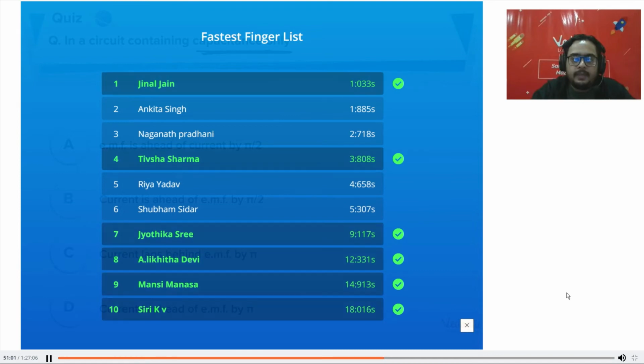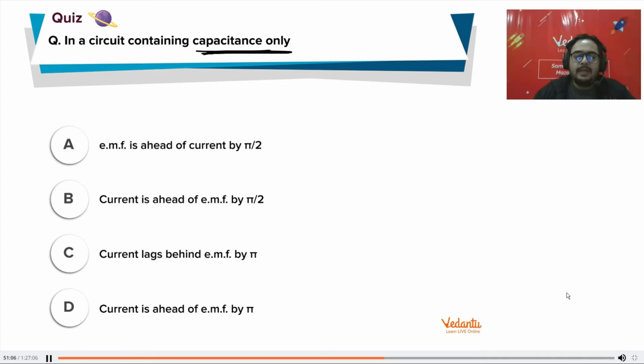Okay, Sherdil, then Keshav, Kishan, Sarvesh, Jyoti, Harshul, Aditya, Asta, and Lakshya are correct, 73%. So obviously it is a capacitive circuit, so current leads the EMF by pi by 2. Any doubts in this? Yes, there is an LCR circuit, Ananya. We'll study about that. The chapter is not finished yet. Yes, it's a table that you can remember.